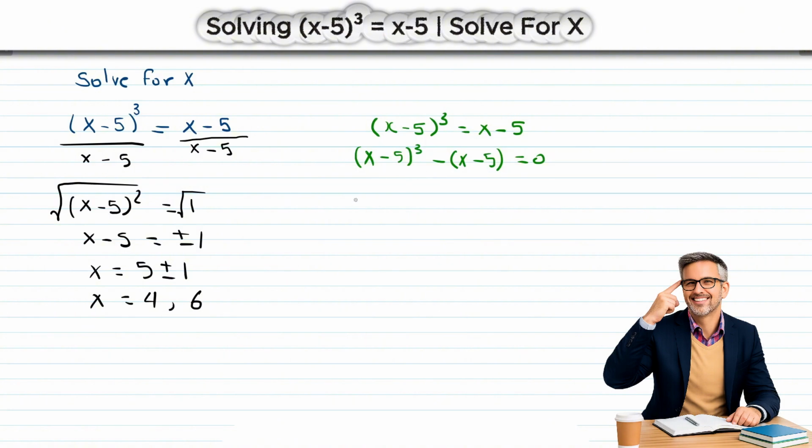And now if you look here, you have two terms, both of them have x - 5 in them. So the GCF, the greatest common factor, is going to be x - 5. We go (x - 5)^3 divided by x - 5, will end up with (x - 5)^2 in the brackets, and then minus (x - 5) divided by x - 5 will end up giving me 1, and therefore x - 5 will equal 0,